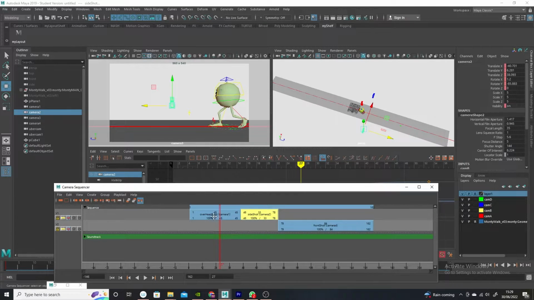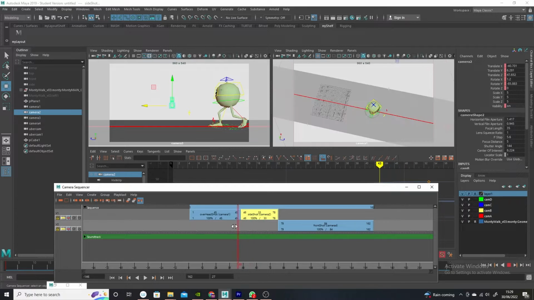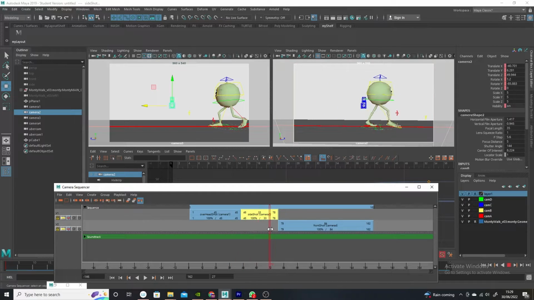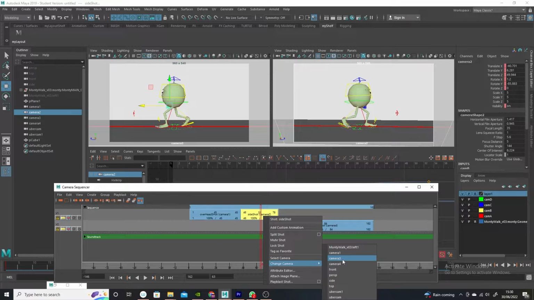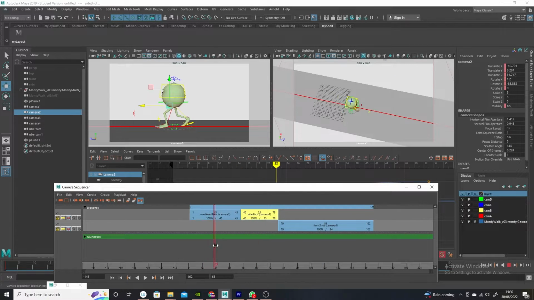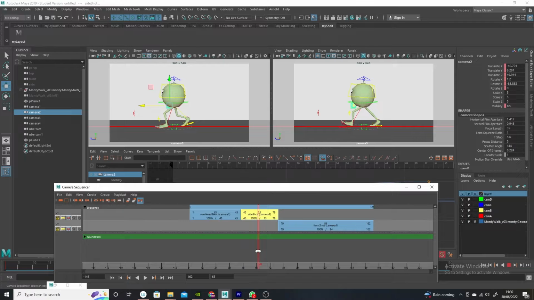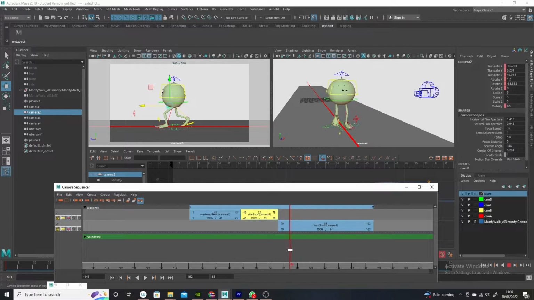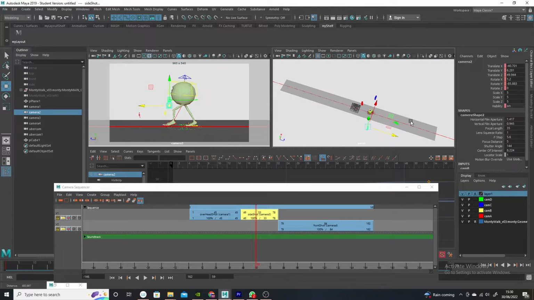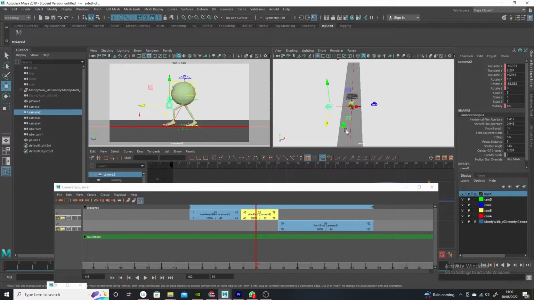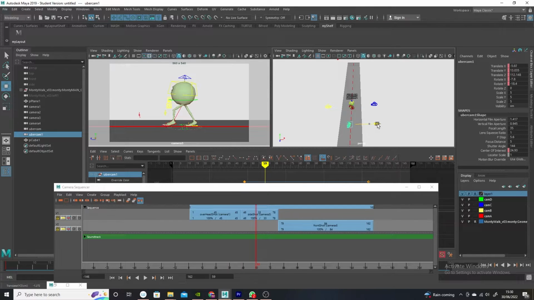So if we look at this, what is happening is he's going screen left to screen right in these shots. So when we switch to the blue camera, change camera to camera 3, all of a sudden he's going screen left to screen right, and then screen right to screen left, and then back again. Now you can place your camera, if I go back to the perspective view, directly on the line. There's nothing wrong with me taking this camera here. I can place it over and turn it round this way,